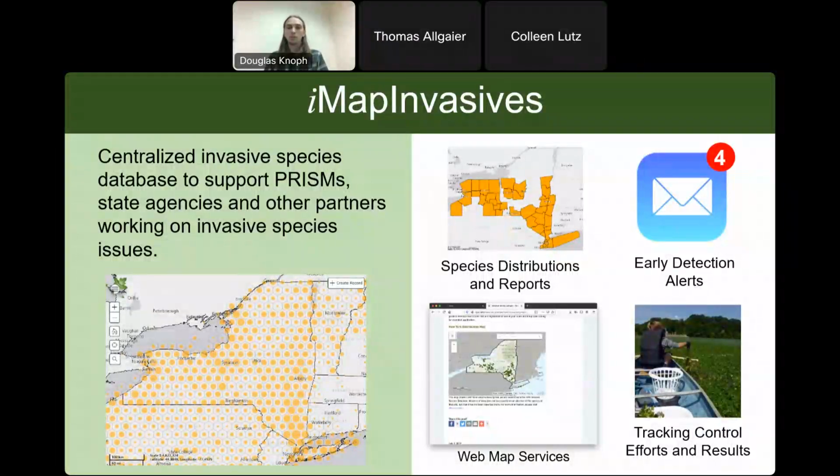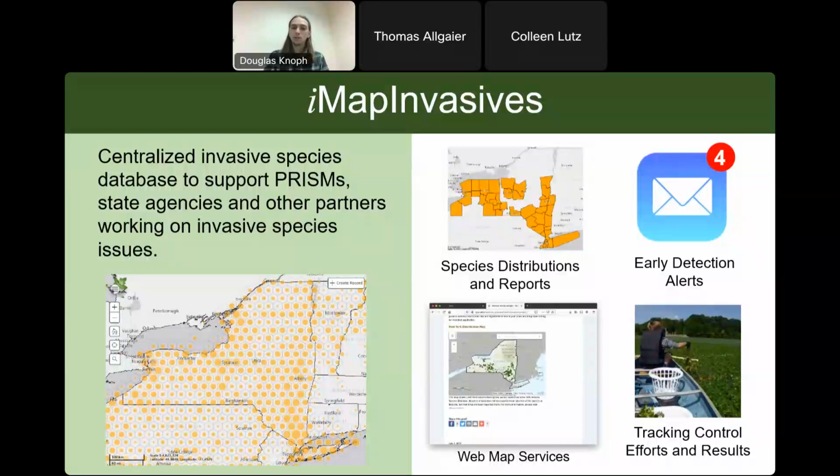You can have highly customizable automatic alerts set up. There are also web map services: if you have a website, you can build a live snapshot of the iMapInvasives database directly into it, as well as track the monitoring and management efforts of our different partner organizations.